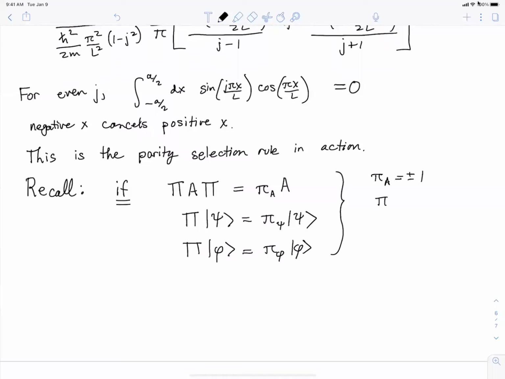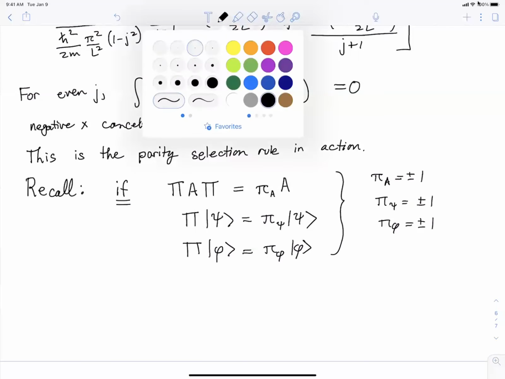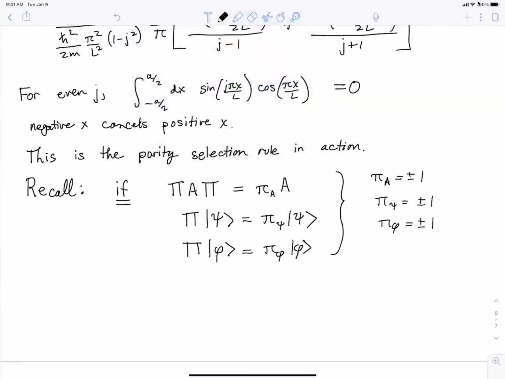So if this is true, then these are plus or minus 1. Now, it's important to note that it doesn't have to be true that just any old state is a parity eigenstate. In fact, it may not be true. So that's the reason for the big if. You just can't apply this unless you have parity eigenstates, as I've written there. Okay, so, but if those are true, then